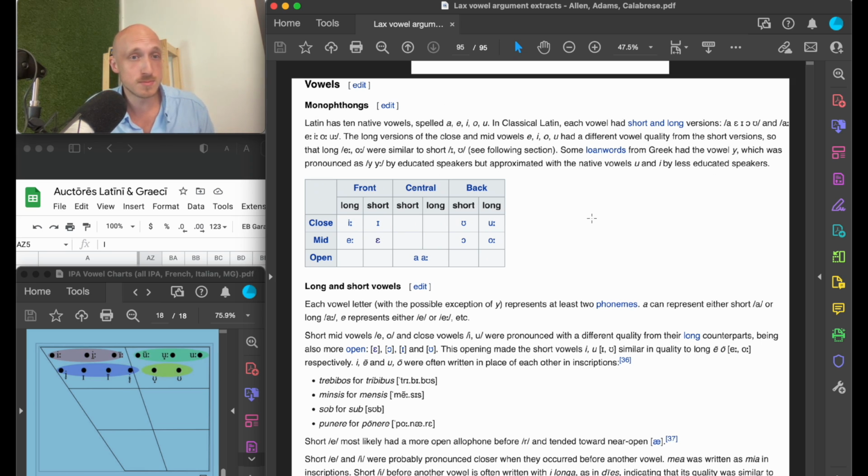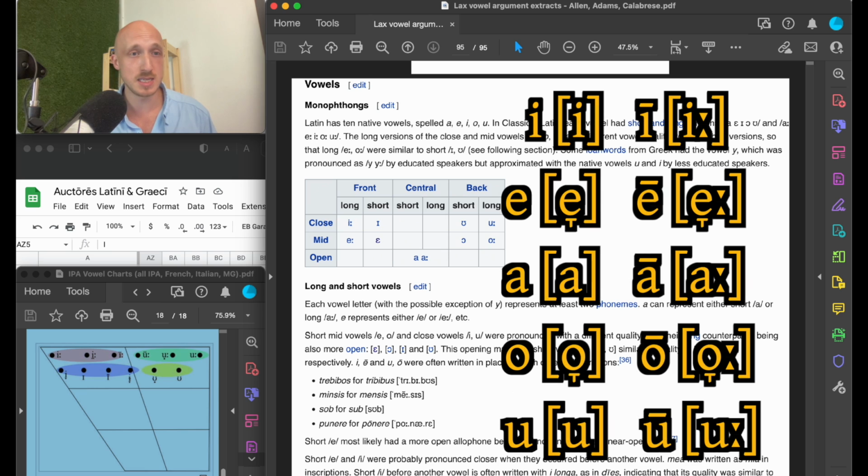But for now, the only tenable solution to me is that I and U have no place in the pronunciation of Latin in antiquity, that we shouldn't teach it as the reconstructed pronunciation, that it can be a variant that people use for convention because it suits their English or German ears, no problem. But indeed, the pronunciation of the 10 native Latin vowels is I, e, a,